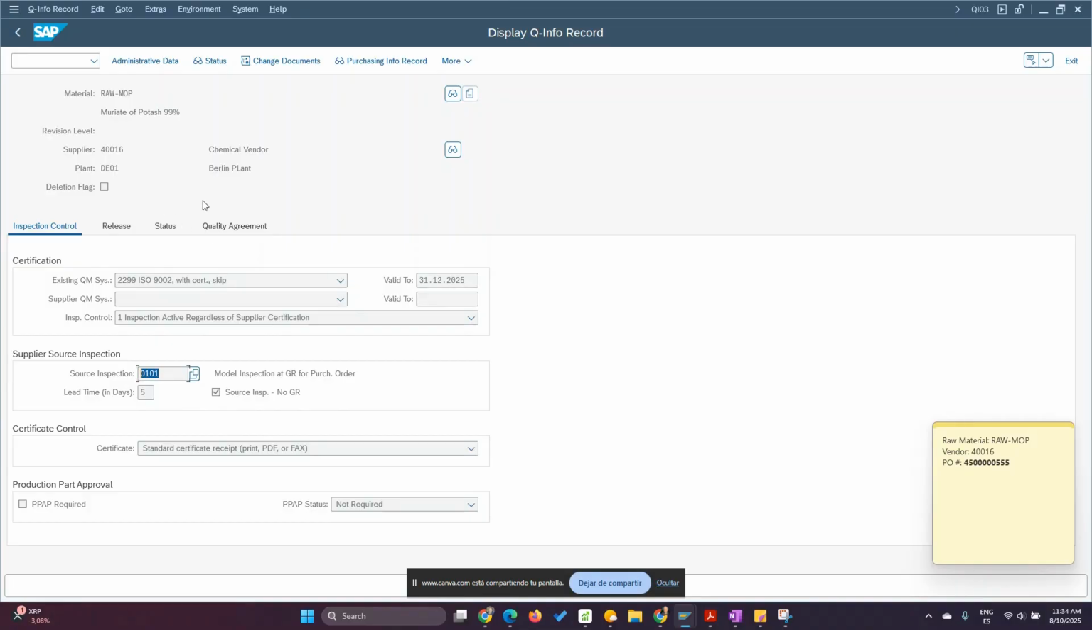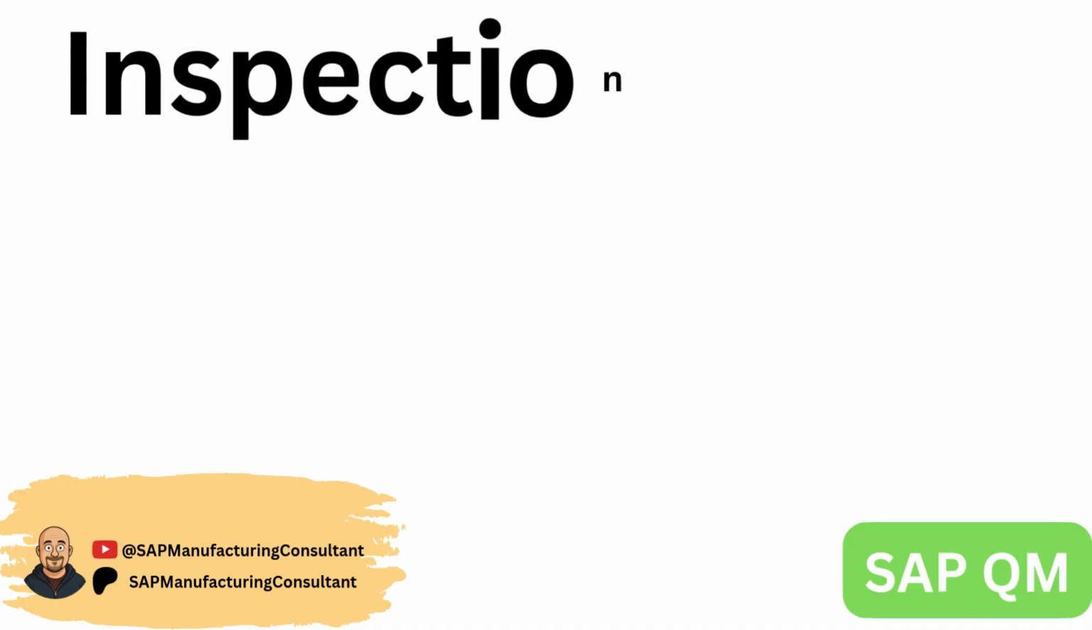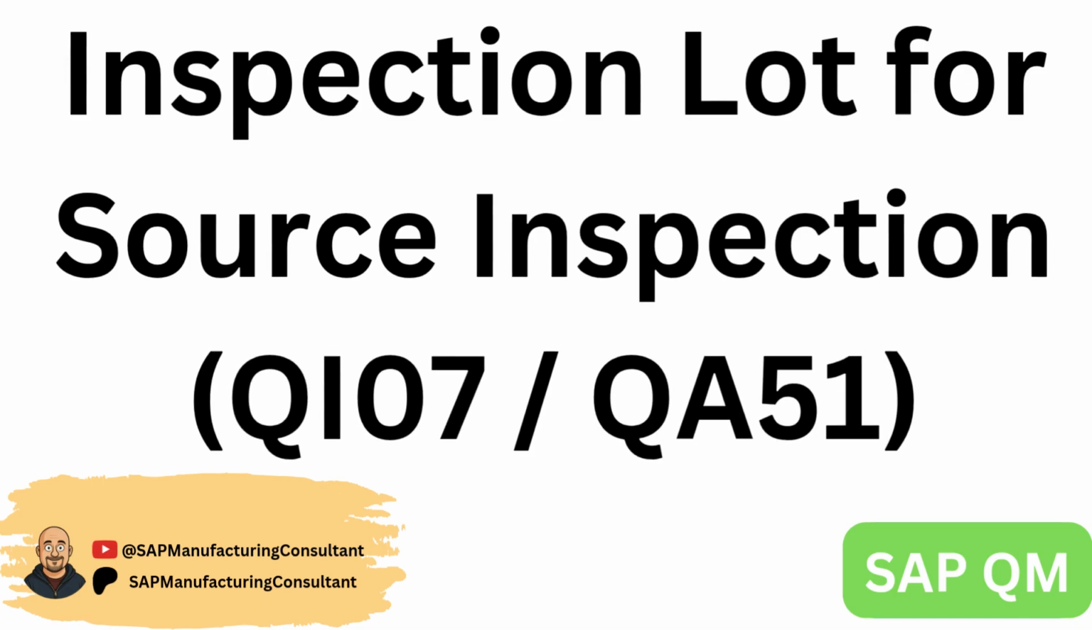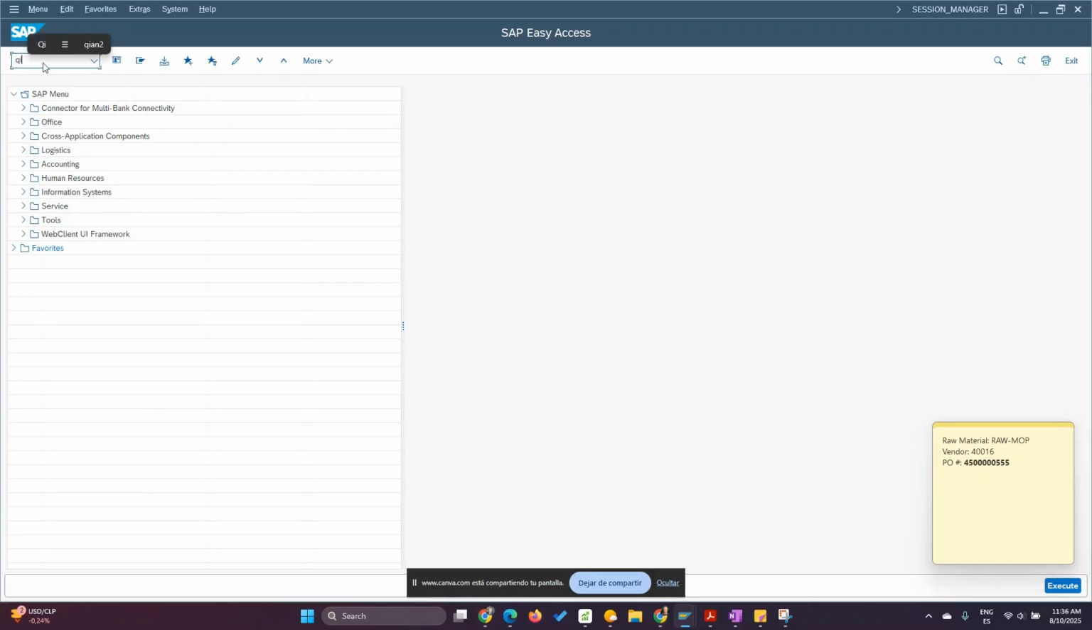Let's jump into the second part, which is basically to trigger the inspection lot for the source inspection. Okay, let me just back up here. Okay, so to trigger the inspection lot for the source inspection, we should set up a background job. Okay, I will create a video to show you how the background job works. But for this scenario, we will trigger this manually, just for the sake of shortening the video. Otherwise, it's going to take